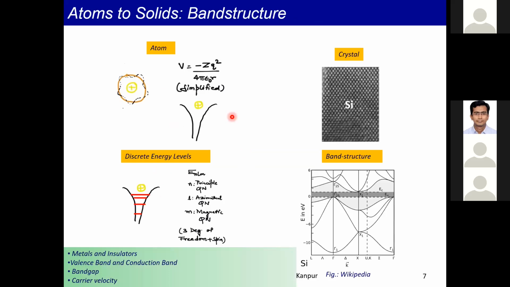So this point I already told you, that we start with an atom. Now, each atom has a bunch of electrons. For example, silicon has 14 electrons around its nucleus. And there are discrete energy levels. We specify them with the principal quantum number, azimuthal quantum number, and magnetic quantum number. So all these discrete energy states are there, and the electrons are filled as 1s2, 2s2, 2p6, 3s2, 3p2, something like that. Now, when you bring these atoms together and form crystals,